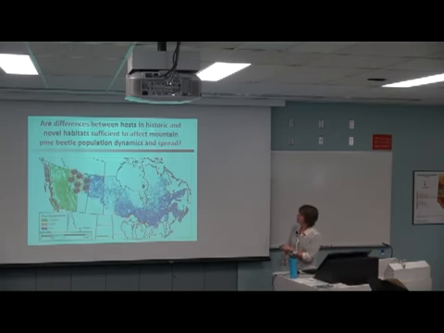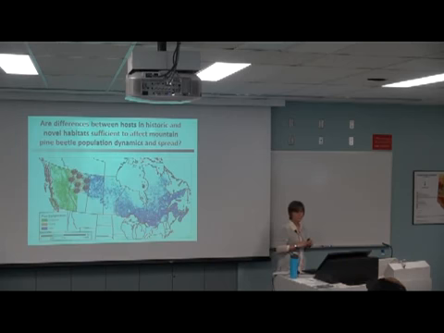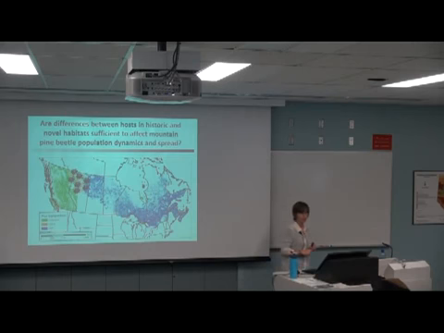And what we really need to know is, are those differences that we've documented between trees from here and trees from here enough to affect population dynamics? Because that's what really matters when it comes to making decisions about spread control: will the beetle do better in these trees? If it's going to do better, we need to control more. If it's not going to do as well, maybe we can give it a break. So that's ultimately what we want to do, is try to understand how what we've done so far can answer this question.